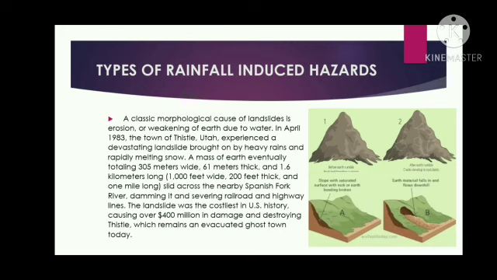A mass of earth eventually totaling 305 meters wide, 61 meters thick, and 1.6 kilometers long, or 1,000 feet wide, 200 feet thick, and 1 mile long in equivalent, slid across the nearby Spanish Fork River, damming it and severing railroad and highway lines. The landslide was the